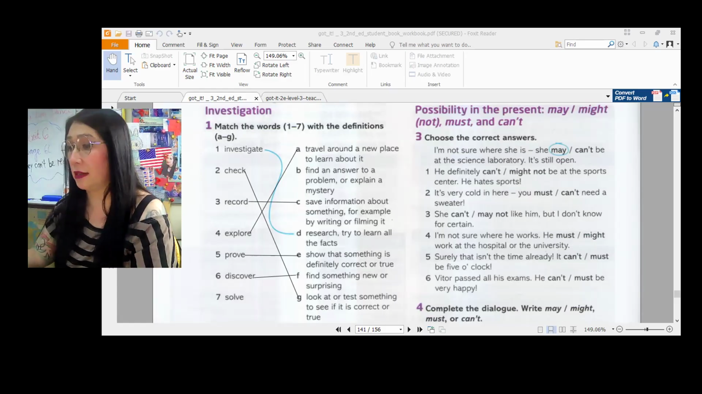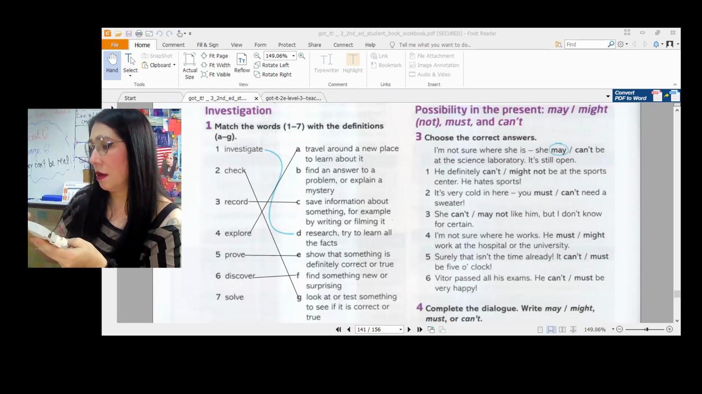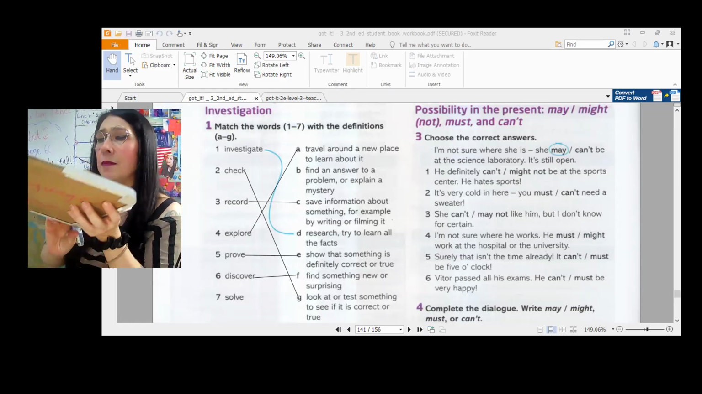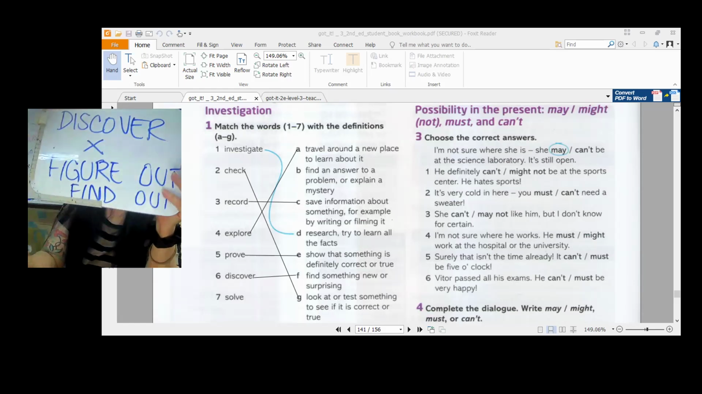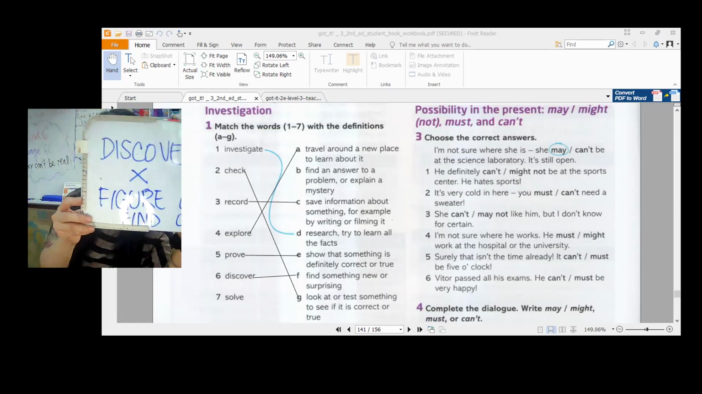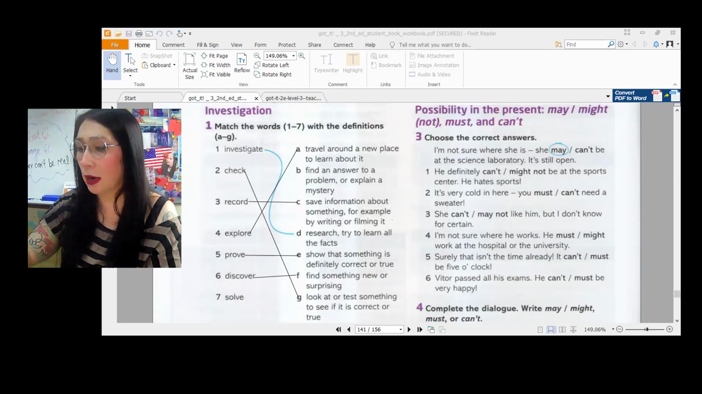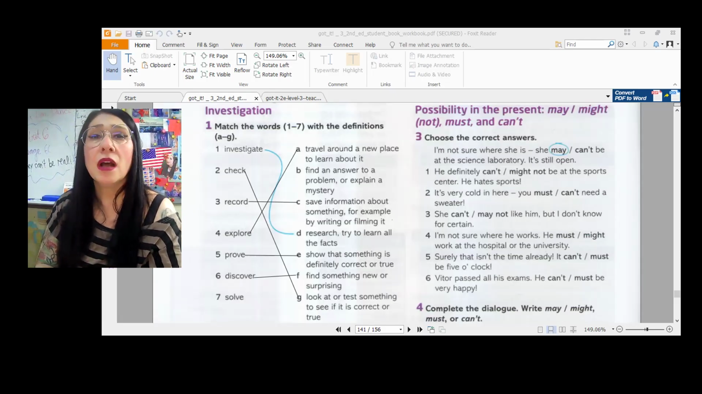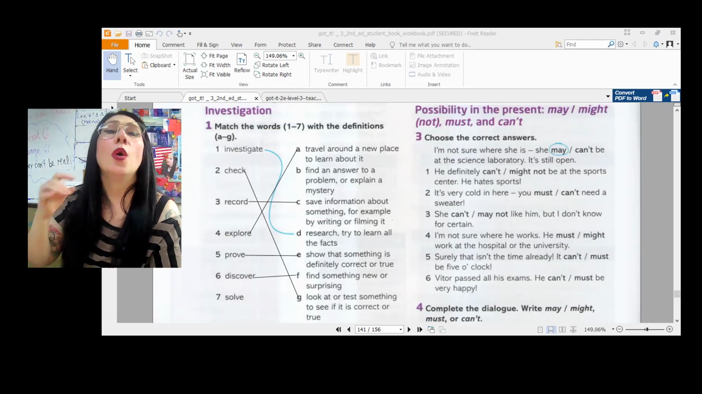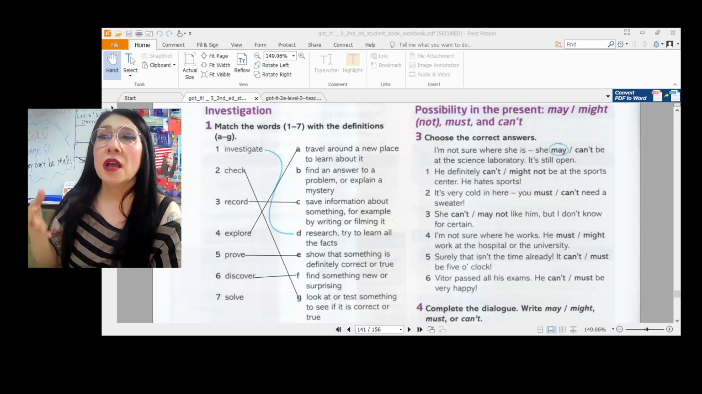Something really important about this lesson is the difference between discover versus figure out or find out. I hope you guys can see this. Discover, figure out, and find out. Discover is something in between figure out and find out. When we talk about everyday situations, in everyday English, when you notice something, you discovered something, we have